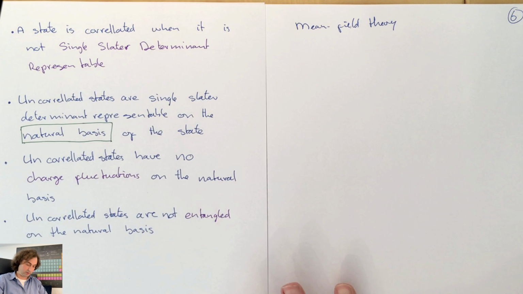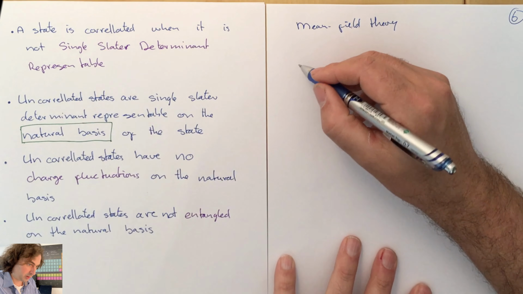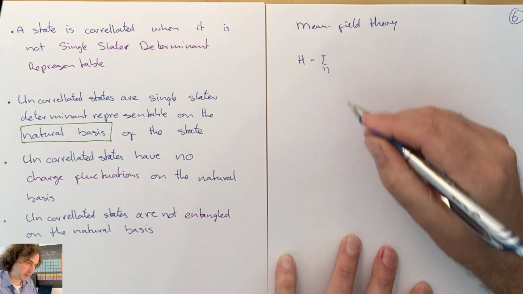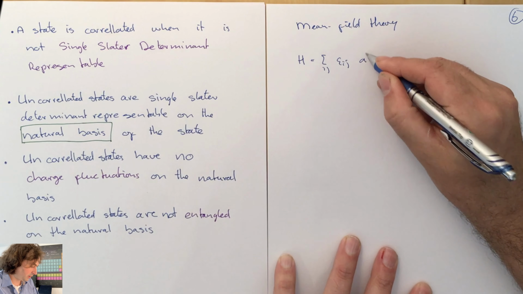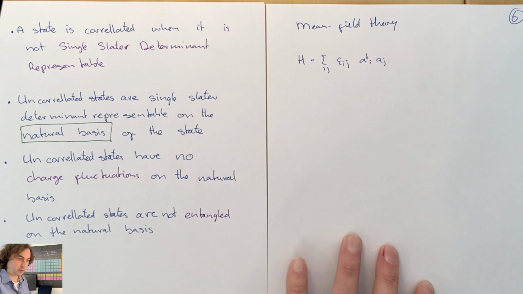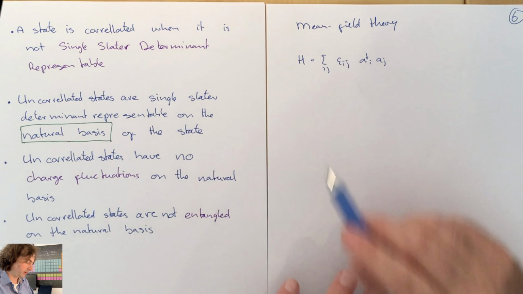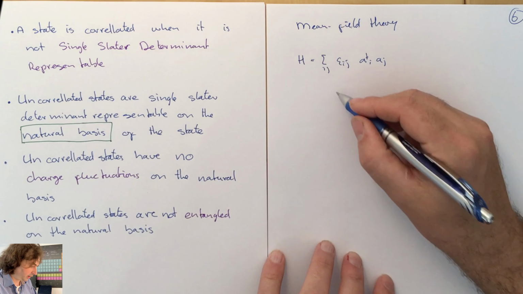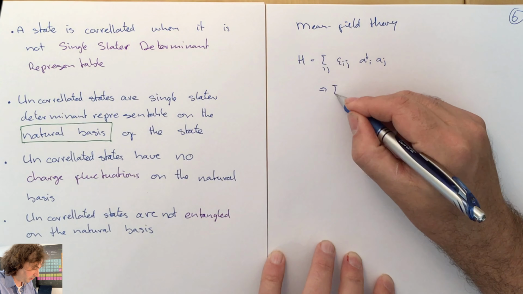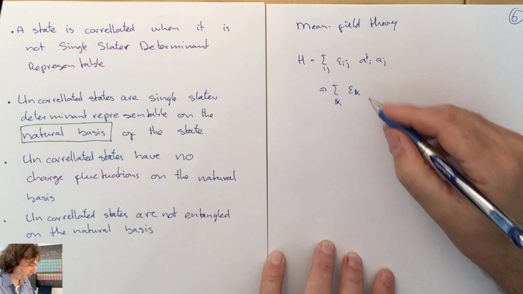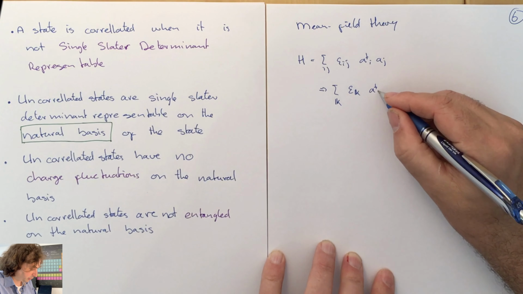And discuss a little bit what can be done and cannot be done on a mean field theory level with respect to correlations. Well, on a mean field theory level, your Hamiltonian is given as a single creation and annihilation operator. Now we can always make a unitary transformation diagonalizing the matrix epsilon ij, such that your Hamiltonian becomes a sum over, well, if we have a periodic system, a crystal momentum, over the eigenorbitals